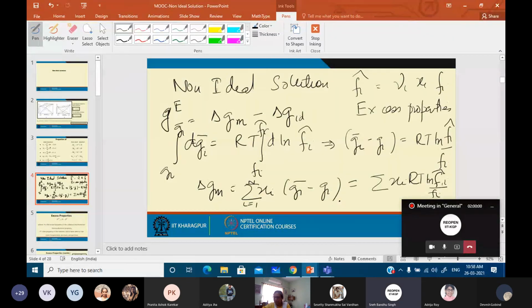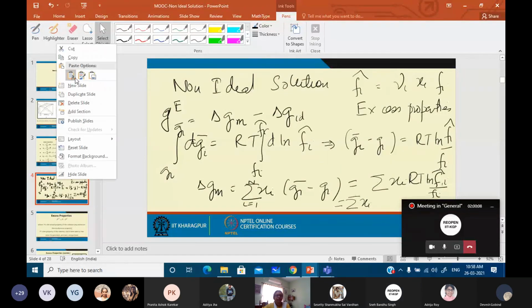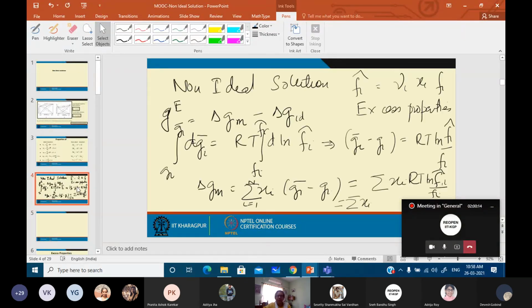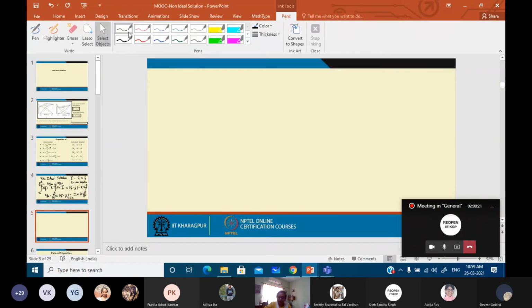Yes? Yes, ma'am. So therefore, is it only Sneha speaking yes, or is there somebody else? Yes, ma'am. Good. So therefore, I'll just copy this last part. So therefore, we find that delta G mixture, in this particular case, is nothing but equal to RT sigma Xi ln gamma i Xi. Agreed? This is for a non-ideal mixture.